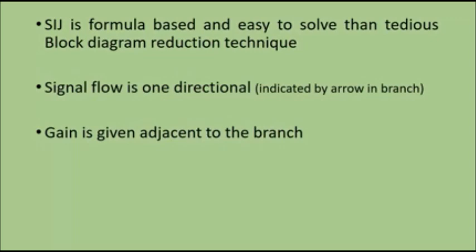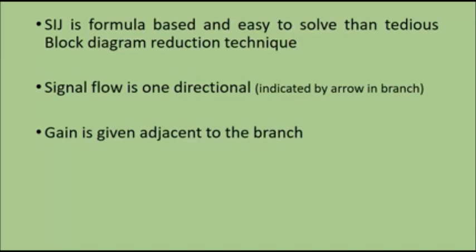Signal flow graph is one directional. One directional means there is only one direction. Start from one end and end in another end. So there is no return path in the same path. The path cannot be traversed bidirectionally. So when you see the signal flow graph, you will understand better.